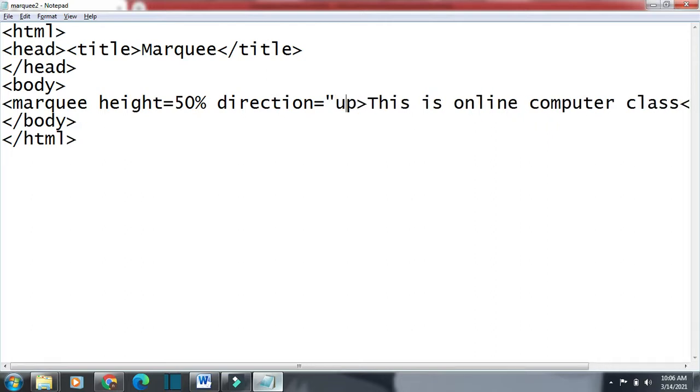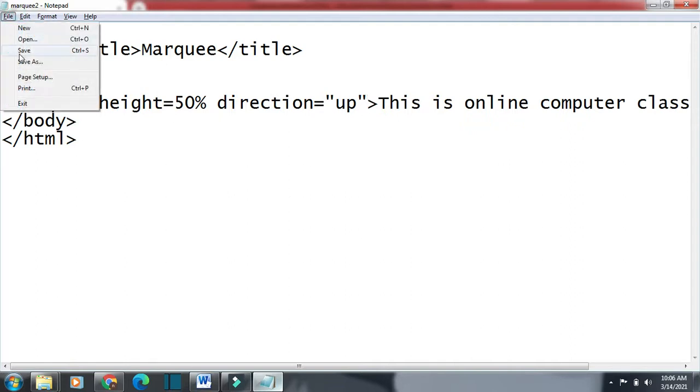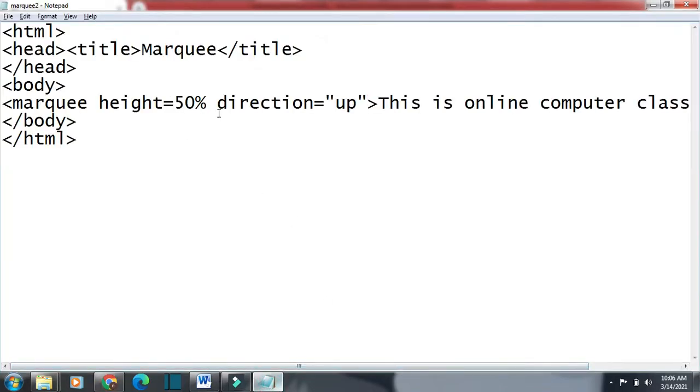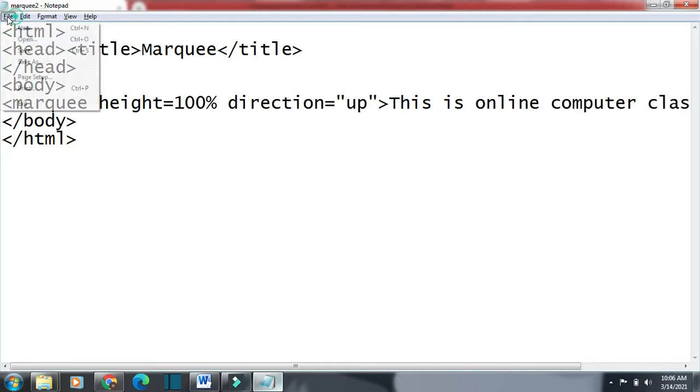Now we will see if it is getting the whole or not. You can see only 50% of the height is taken by the marquee because we have given 50%. If we give 100%, then it will take the whole screen. 100% means it will take the whole screen.